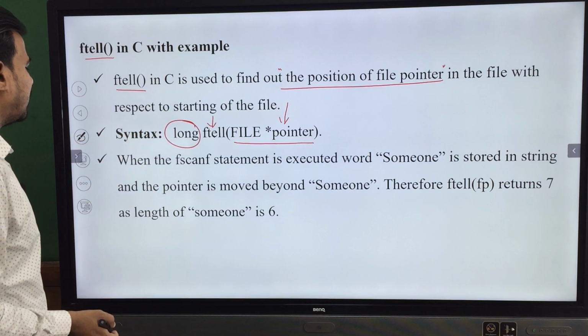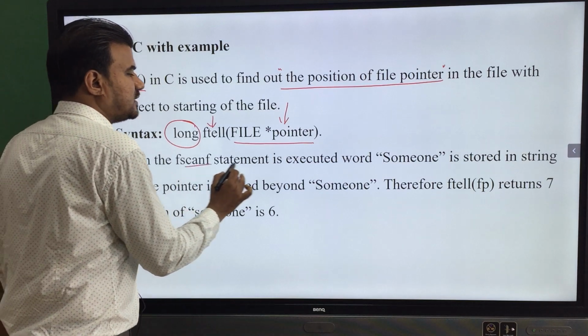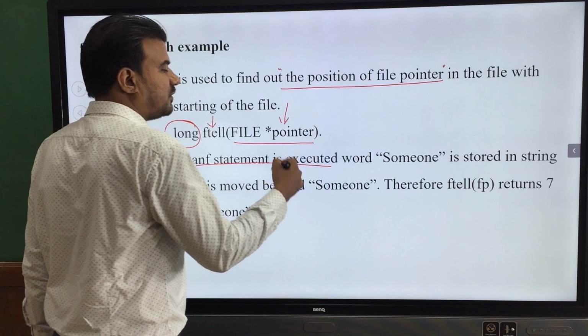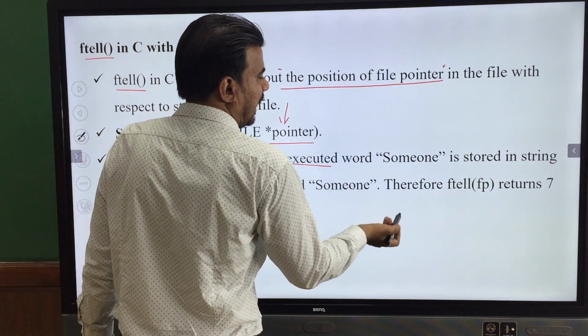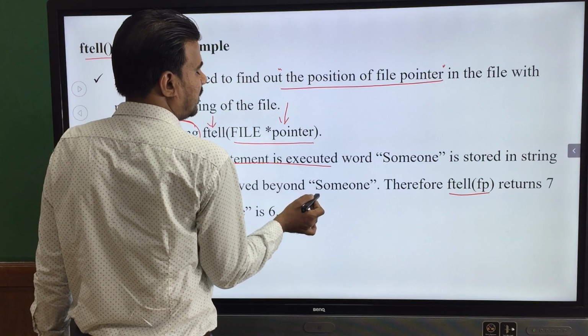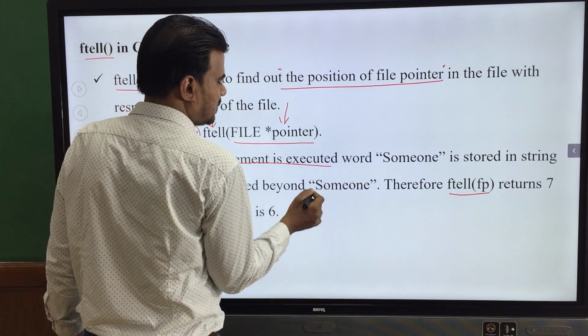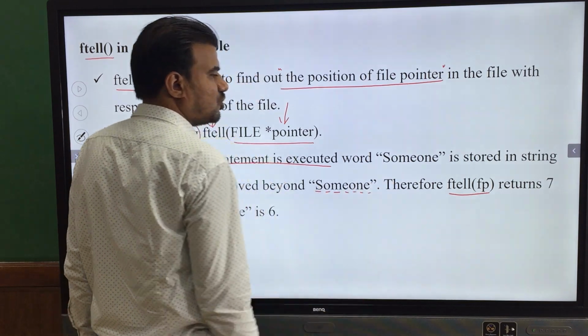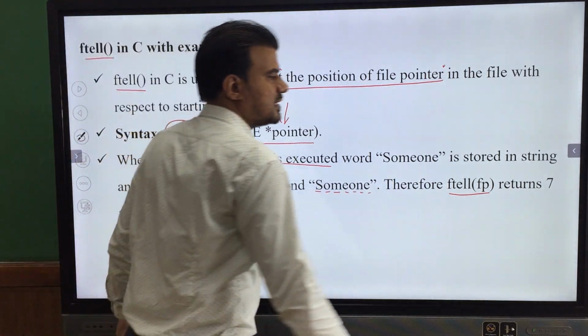Likewise, when the fscanf statement is executed on someone, then what will happen? After reading that someone, if you perform ftell of fp, how many characters has it crossed? It has crossed like 1, 2, 3, 4, 5, 6, 7. So you will get the ftell value as 7.